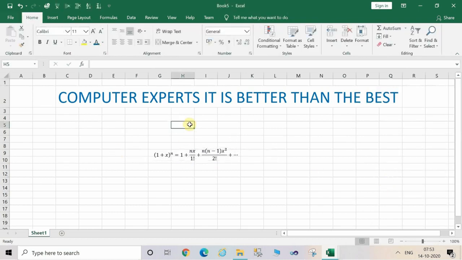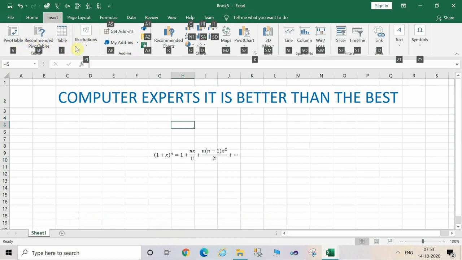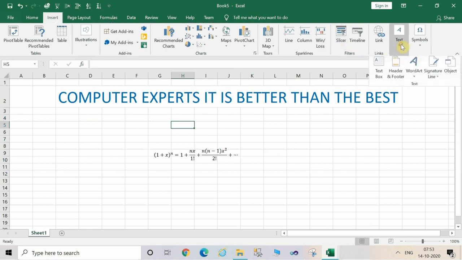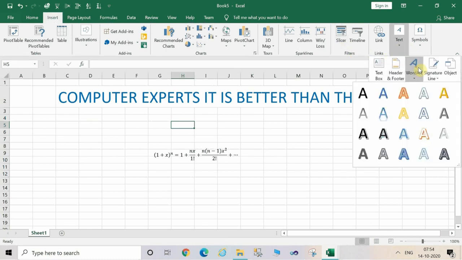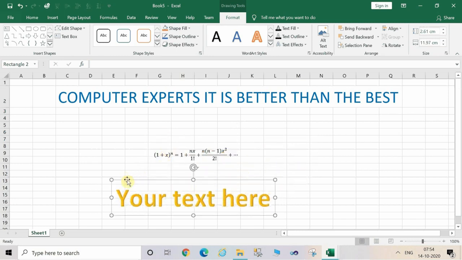I have selected here this equation. You can select according to your desired one. Okay, now we'll try some other options also here. Now we will insert the word art in the Excel. For this, first of all, press the Alt N, then press ZP from the keyboard. After that, press W for the word art. And now here select the option which you want to use for the word art. Like I'm selecting some of these.